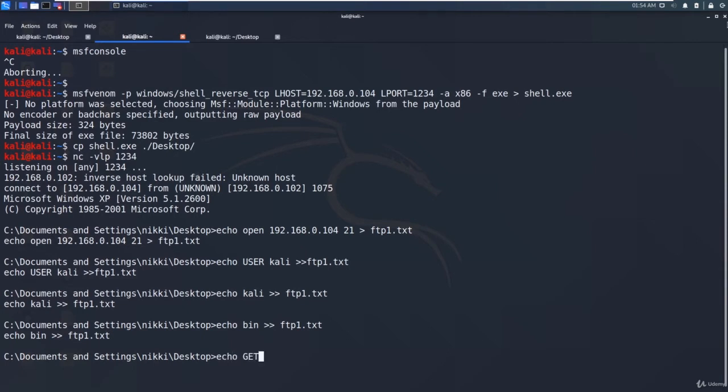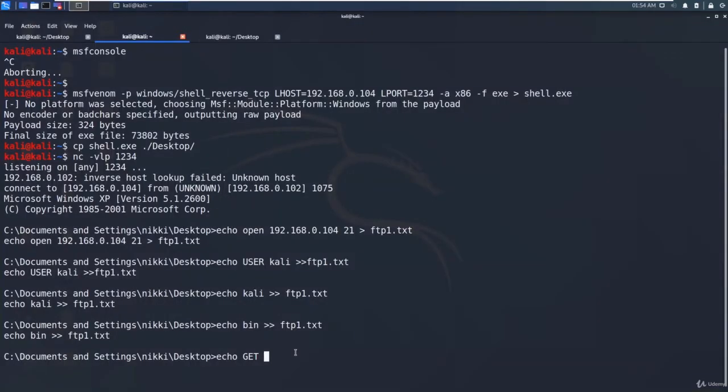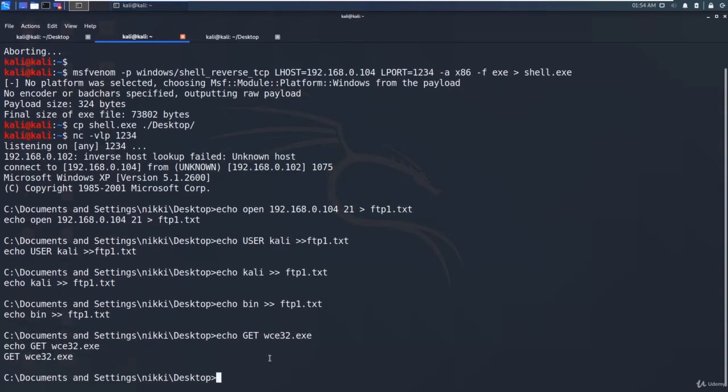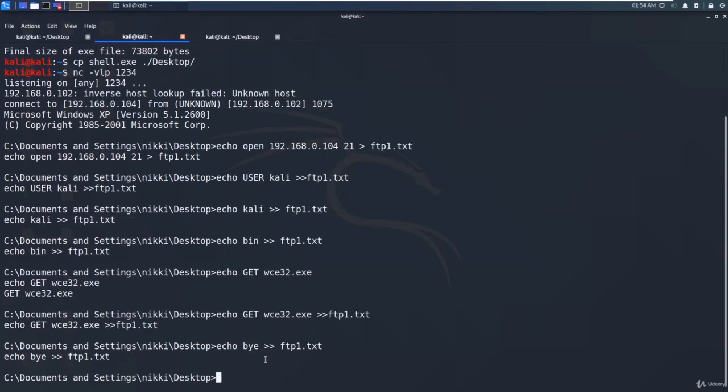The executable name is wce32.exe. First let me get this one, and then we will say bye. So now we are good to run the FTP from the script ftp1.txt.